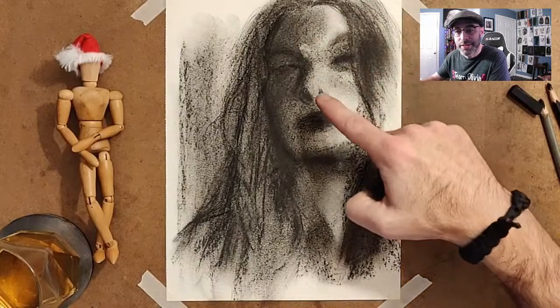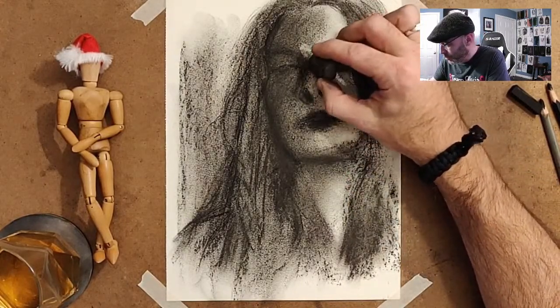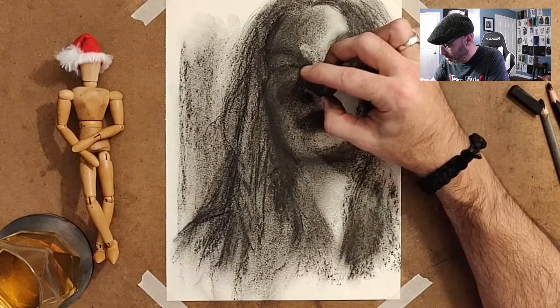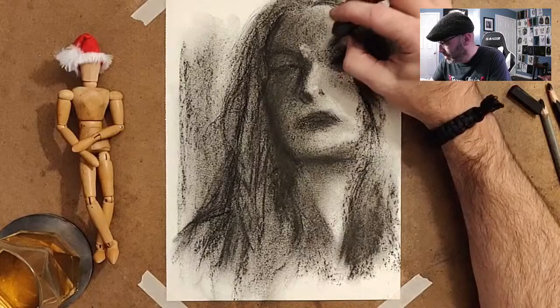So, see how this nose is kind of formless? I want there to be a ridge on that nose. So I'll lift some of that charcoal up, and then you start getting a little bit of form. It's hard to see on camera,